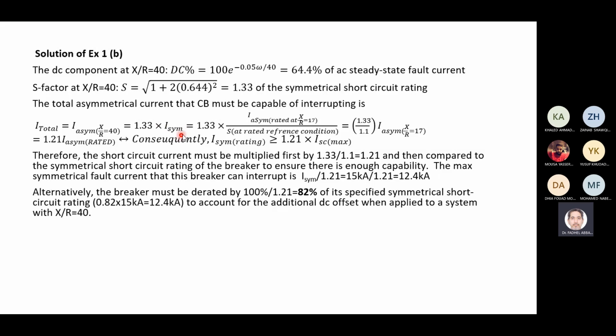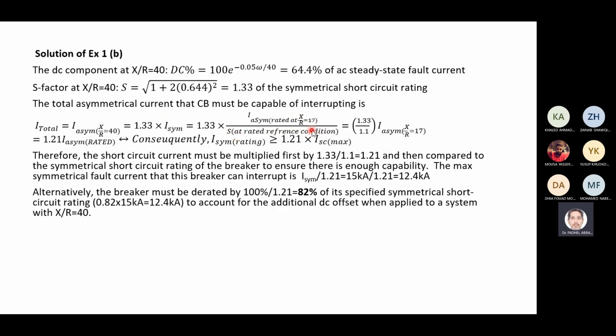الاسيمتريكال كرنت اوريدي حددناه in percentage at XR ratio 17. فهي عباره عن asymmetrical current. هذه السيمتريكال كرنت عباره عن الاسيمتريكال كرنت عند الاكس ار ريشيو 17 على الاس فاكتور عند الستاندرد كونديشن، عند الريفرنس كونديشن اللي هي عند الاكس ار ريشيو 17. لما تقسمها الاثنين يعطيك السيمتريكال كرنت. فاذا هاي القيمه كم؟